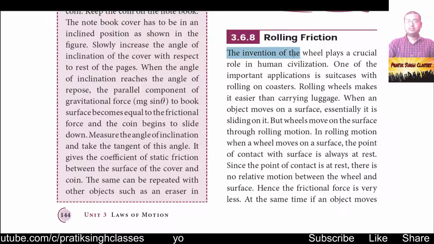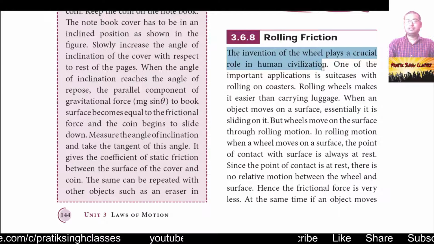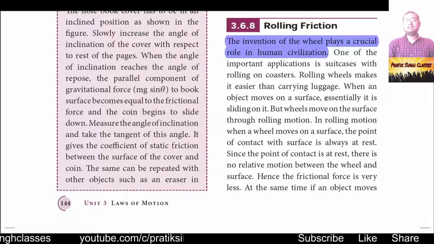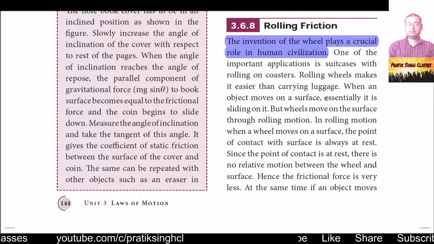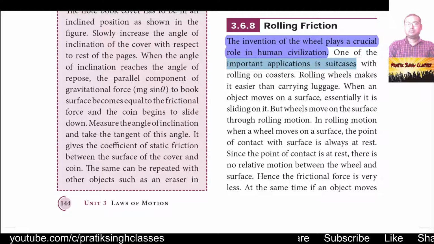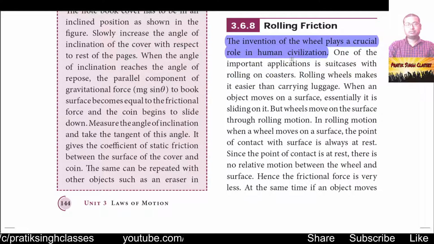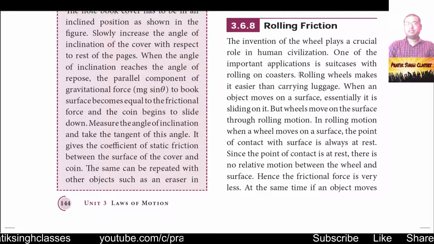The invention of the wheel plays a crucial role in human civilization, and if you remember, in class 10th you have studied in social studies that the invention of the wheel has dramatically changed civilization. One of the important applications is suitcases with rolling casters. With a suitcase with casters, it is very easy to move very heavy objects,